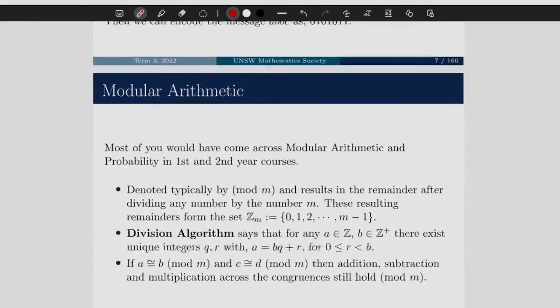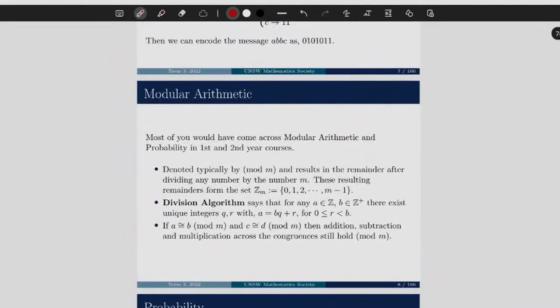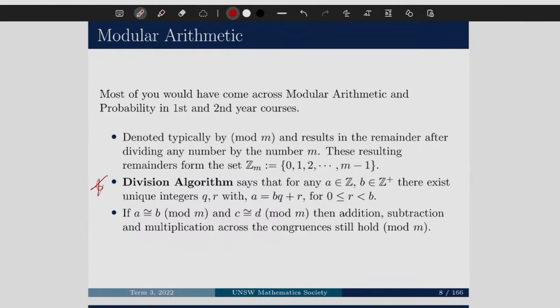And then this is just some of the prerequisite knowledge that was mentioned. Modular arithmetic is covered in 1081 and other second year courses. The most important thing to note is just the concept of the division algorithm. But again, a lot of basic computations that we can do with mod in this course, we can do very easily using software like Python, Maple, MATLAB, anything like that.